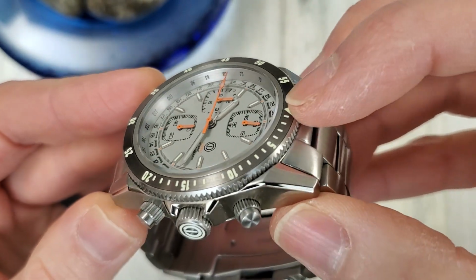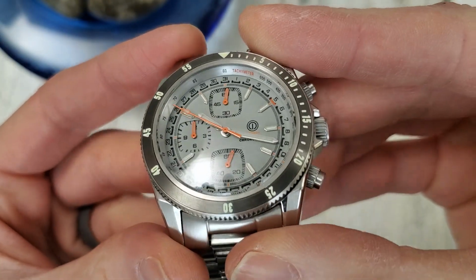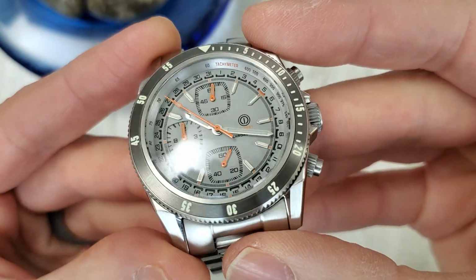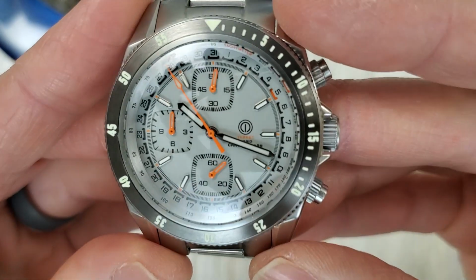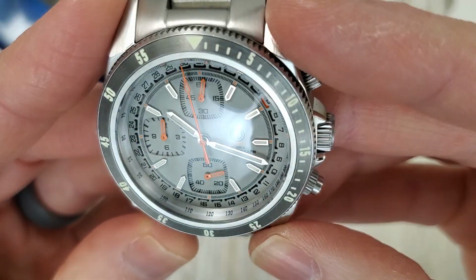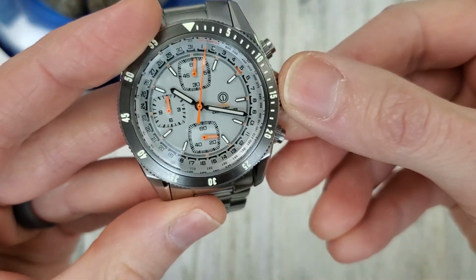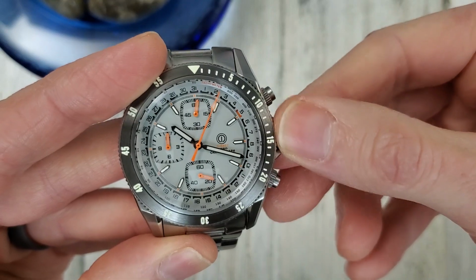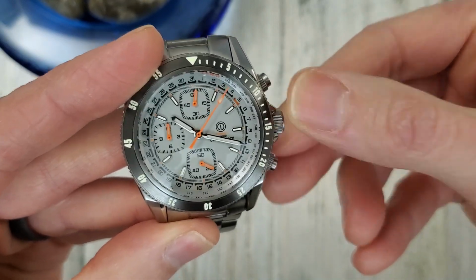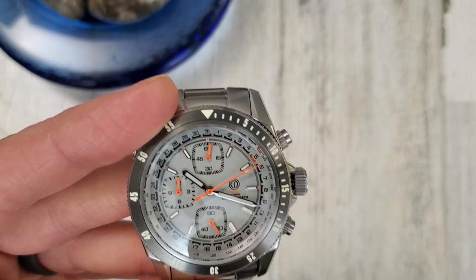But you can see here on the bezel, it has a tachymeter scale, highlighted with orange. Also, right there on the right by the 3 o'clock, you have the MMI turret. Let me move this handset. It is a screw down crown. It's good for 100 meters of water resistance. It has a Seiko VK